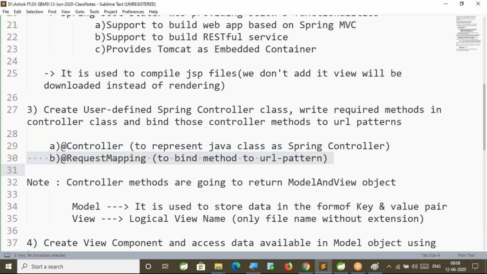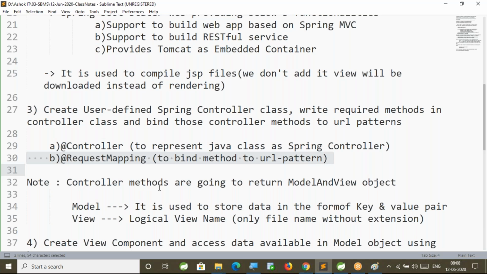Our controllers are distributed components which are going to be accessed by end users. End users will not create an object to call this method. The end user will send an HTTP request to access our method. So that HTTP request we need to bind to a URL pattern, and that URL should be bound to our method. To bind our method to that URL pattern, we will use an annotation called request mapping, right?